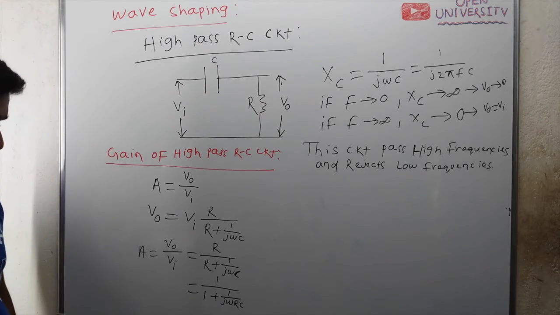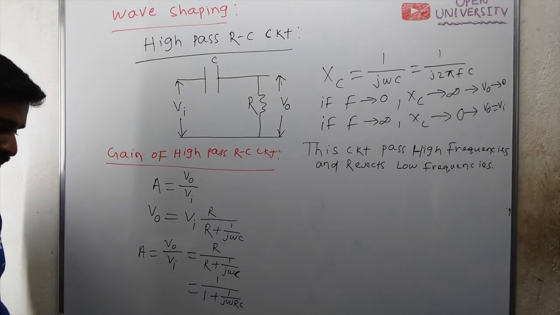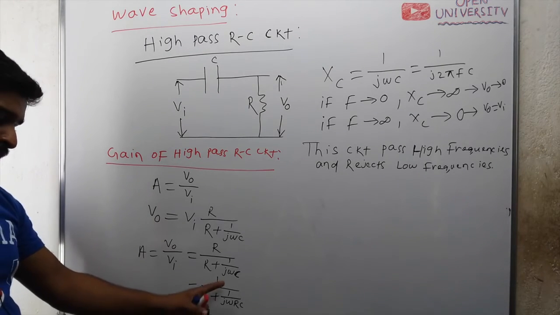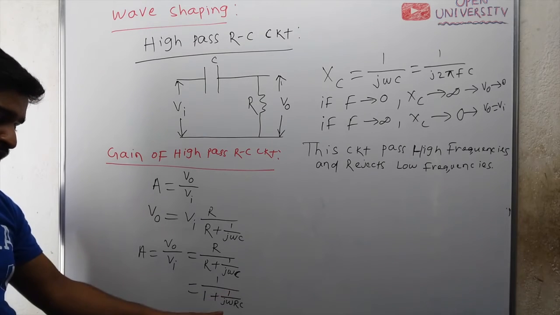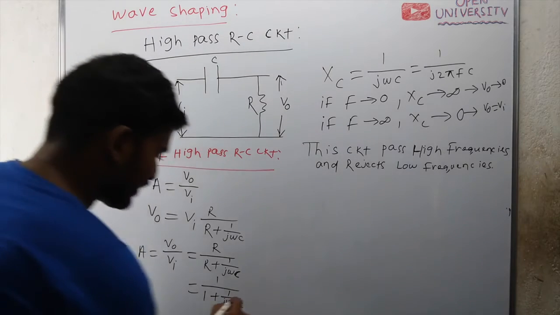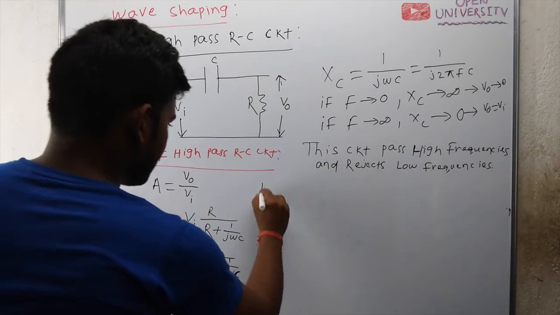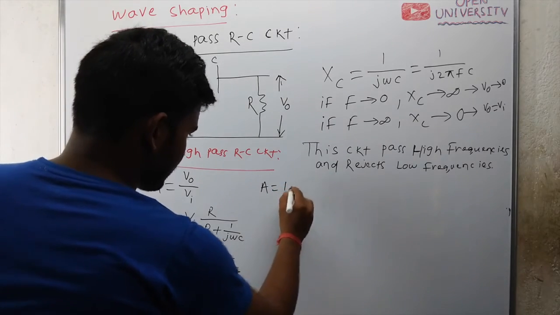If you multiply j in the numerator and denominator, then this will become A equal to